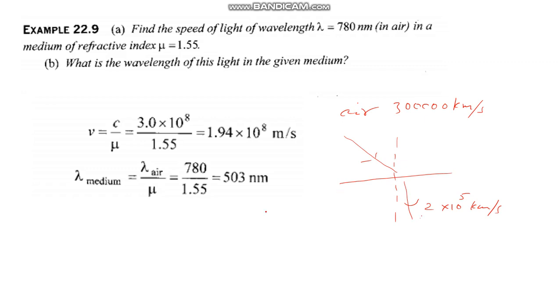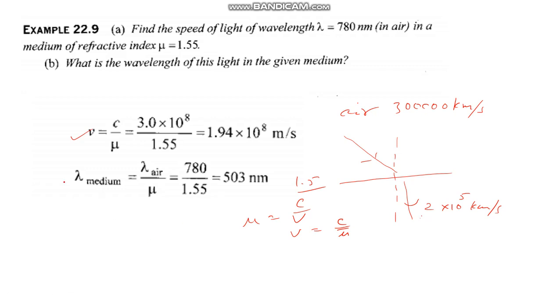So refractive index is defined as mu is equal to c by v, where v is the speed of light in the medium. So what will be v? v will be c by mu. So refractive index basically reduces speed. If the refractive index is 1.5, you have to divide the light speed by 1.5 in that medium. So you can find the speed. That is the definition of refractive index.